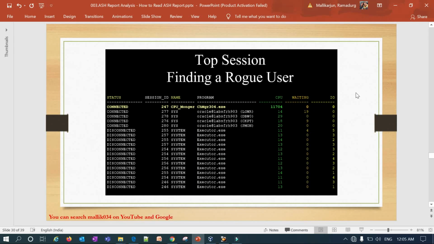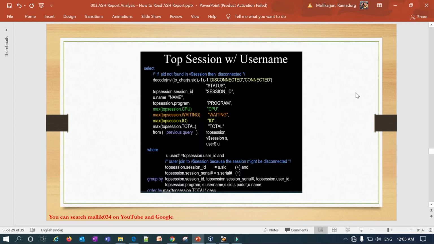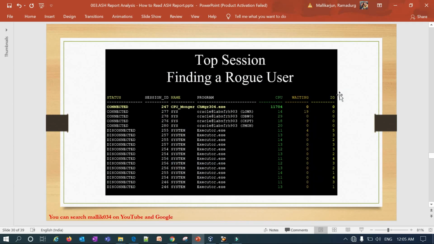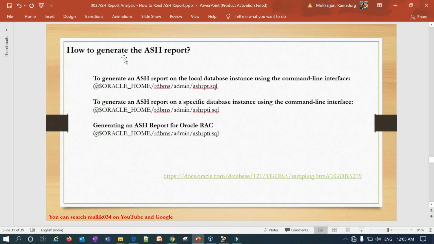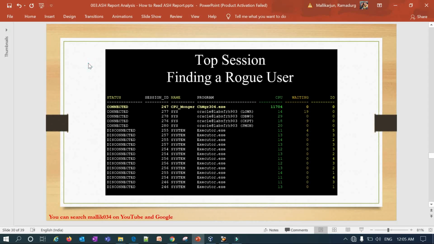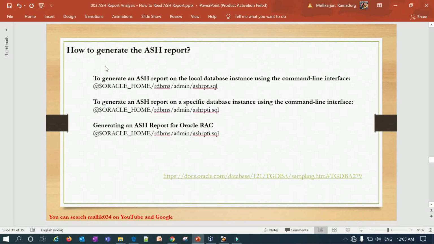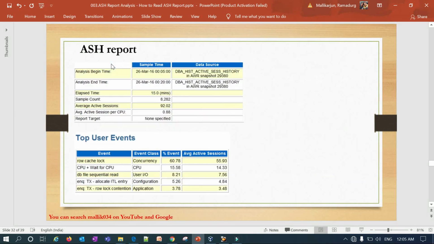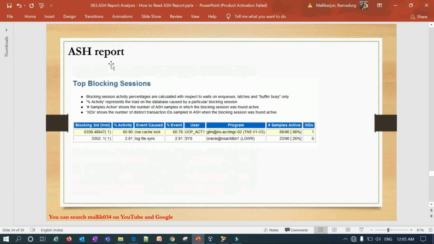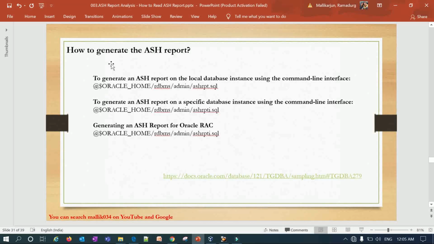So these are backend queries that my ASH report will capture. You can run it manually with all these queries, or you can simply run your ASH report. I'm going to run the ASH report in a few minutes. Okay, if you understand all this, it is the basic fundamentals of what I covered. Now I'll get into technical details, like how you can generate an AWR report, and then how you can read the AWR report and ASH report.